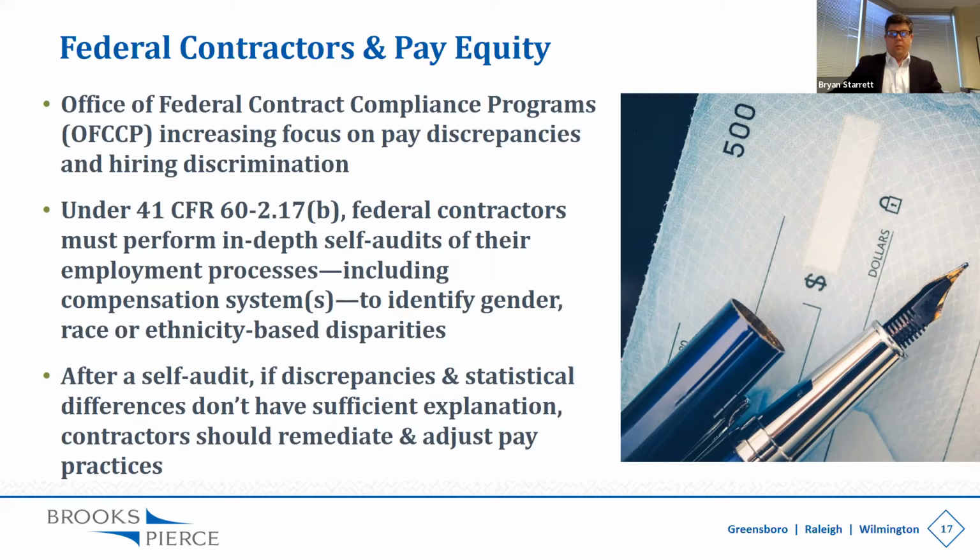These are audits that a federal contractor employer is required to do. They have to perform in-depth self-audits of their employment processes, including all of their compensation systems across certain demographics. You do that self-audit, and then the recent directive that came down is really about giving more direction about the specific requirements of those audits that, again, must be done annually,